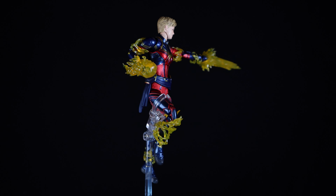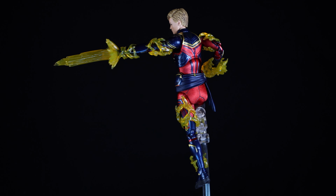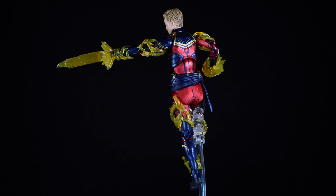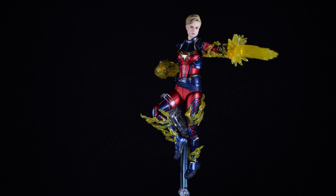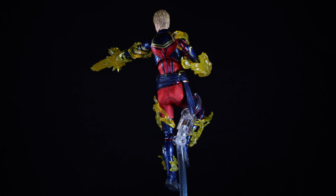At number 9, we have a figure that kind of blew me away and caught me by surprise, and that is the Medicom Toys Mafex Endgame Captain Marvel. I knew I was going to like this figure. It looked amazing from the promotional images and the solicitations, but you need to have this figure in hand to really appreciate the love that was put into it. The texture and the sculpted detail throughout the whole figure is amazing. The paint apps are nice, crisp, and clean, but